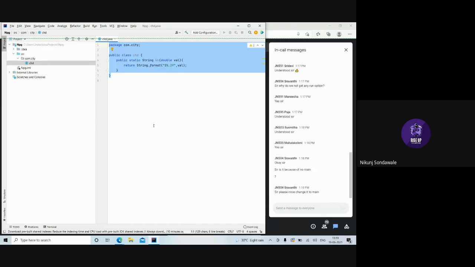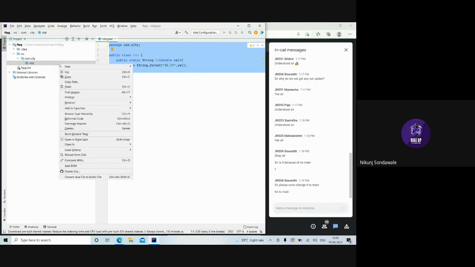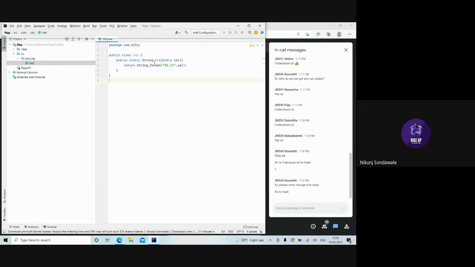Can we change it into a main? If we change it into main, I think we will require the main method. Is there any rename option? We have to create the new class then.